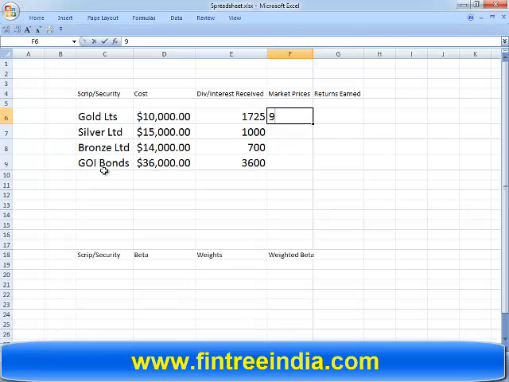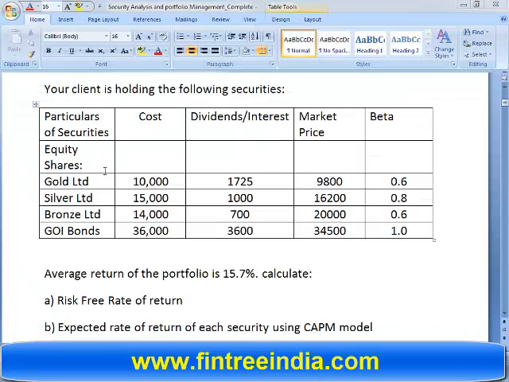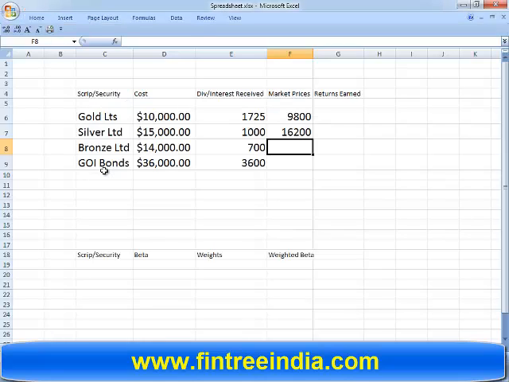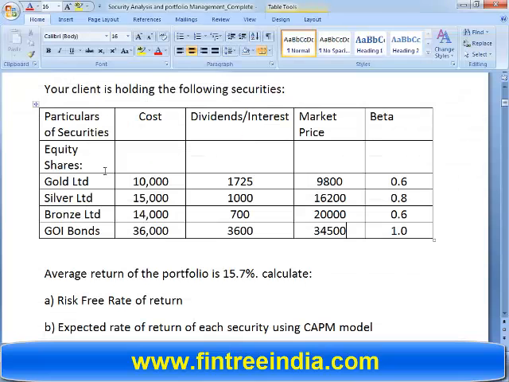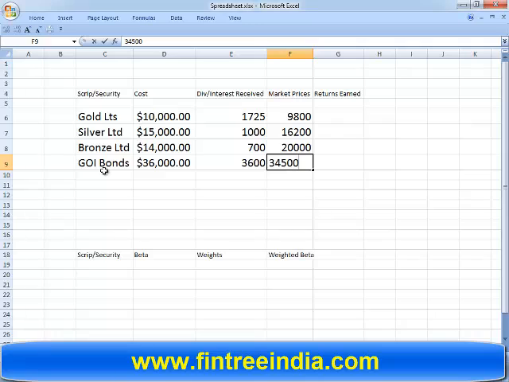Market prices. Returns earned is equal to